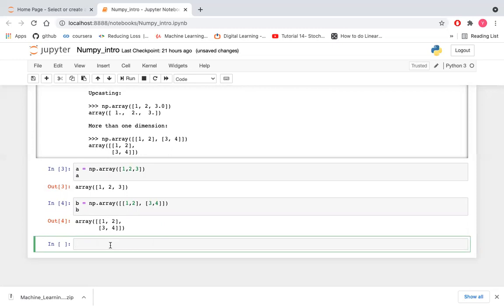We can also create a three-dimensional array. Let's see how to create a three-dimensional array.